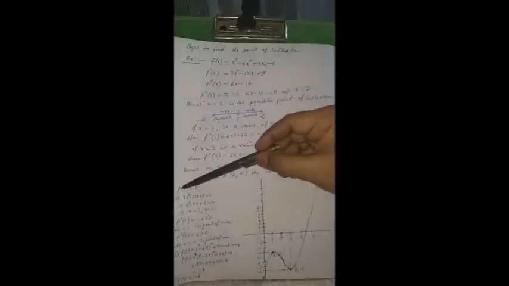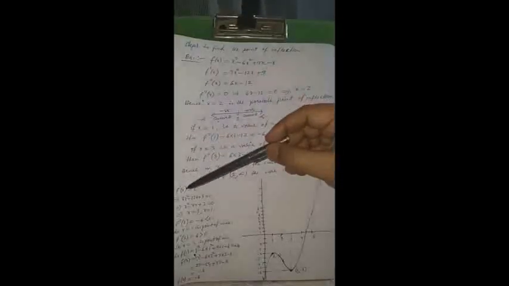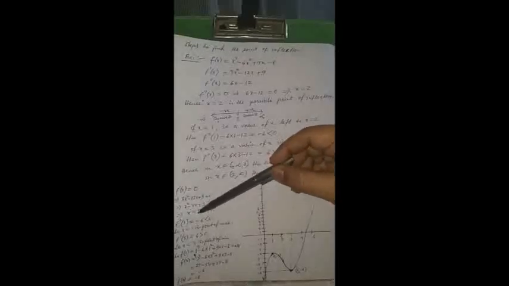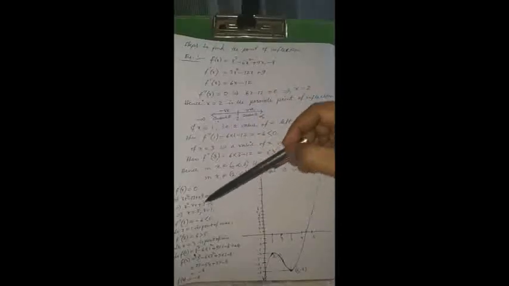So these steps are very much clear to you. That is, first of all we have to find f dash x, then f double dash x. This f dash x was equated to 0 as was shown in the solution of this particular problem. So from there we have got these two critical points, x is equal to 3 and x is equal to 1. And f double dash x is equal to 6x minus 12.